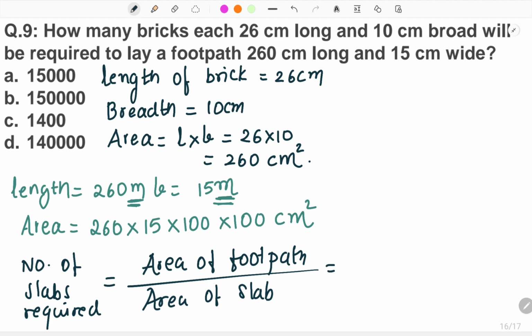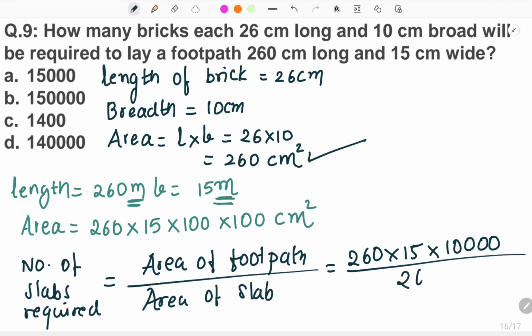So this will give me total, this is equal to 260 into 15 into 10 tens are 100 into 100. It means this will give me 1 2 3 4 zeros. Correct. Centimeter square divided by what is the area of slab? Area of slab is equal to 260 centimeters. So divided by 260 got cancelled. So total value will be equal to 15 into 10,000. It means the total value is